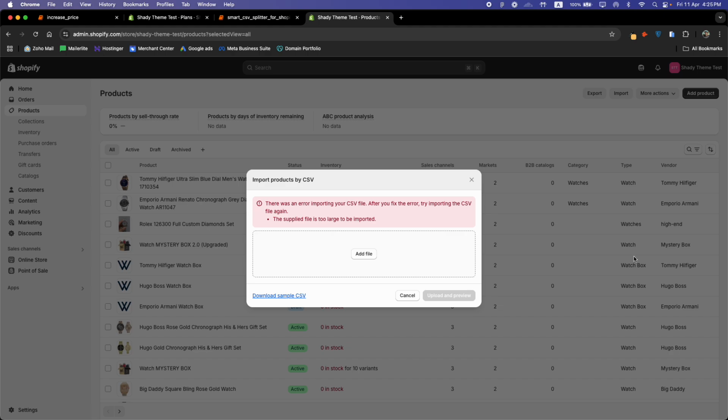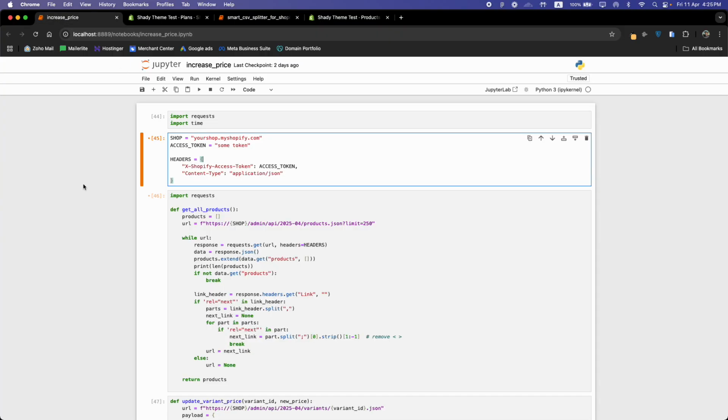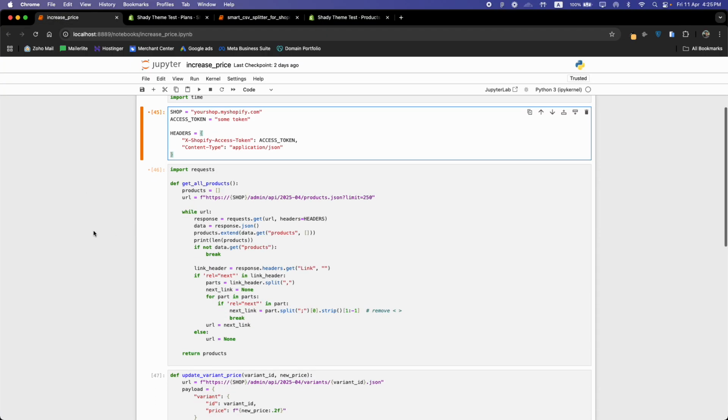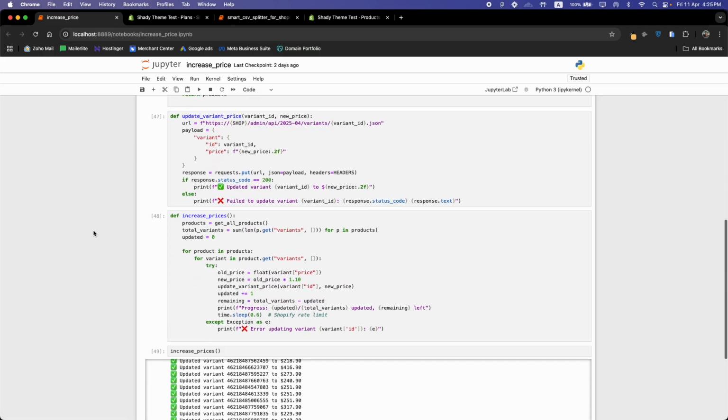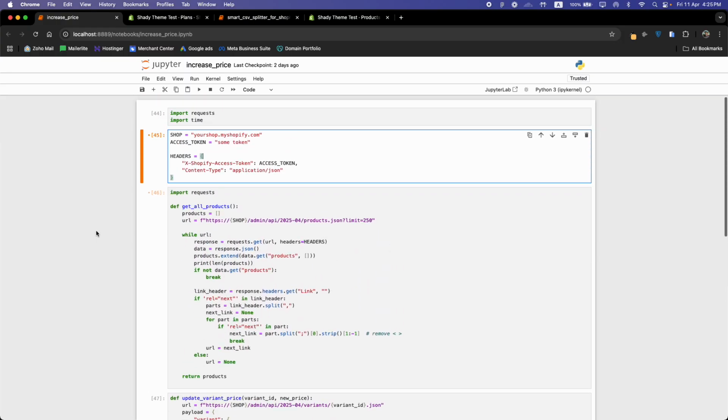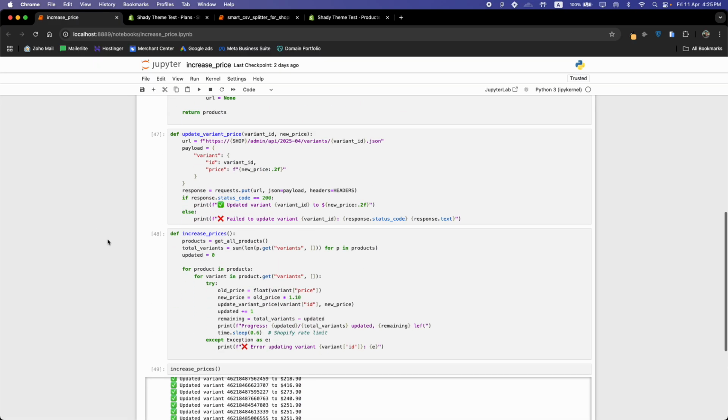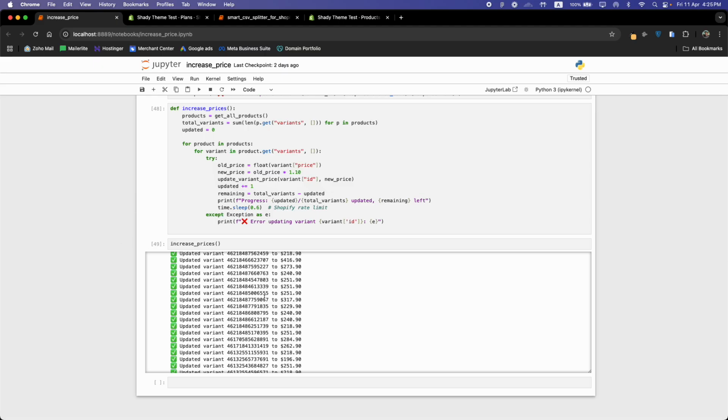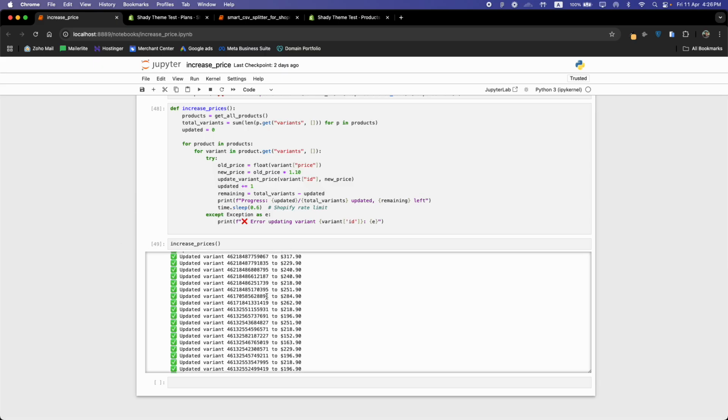The first approach is that we can use the Shopify API in order for us to update our products. So, for example, this code increases our prices by 10%, but it has some flaws. For the Shopify API, if you run this code on your local machine, like I am doing here now, if the internet connection is lost or your computer suddenly shuts down or anything happens,